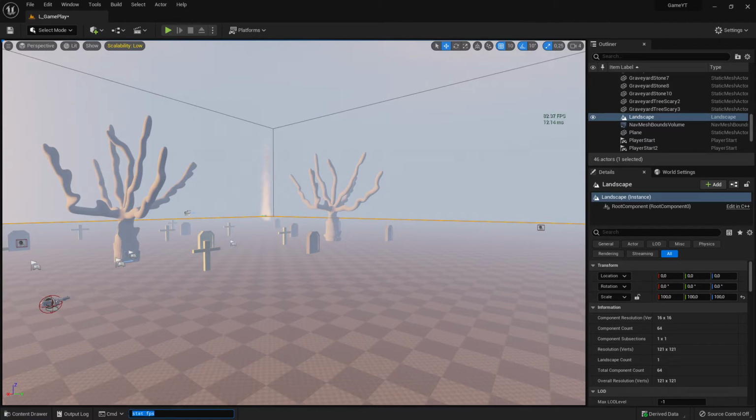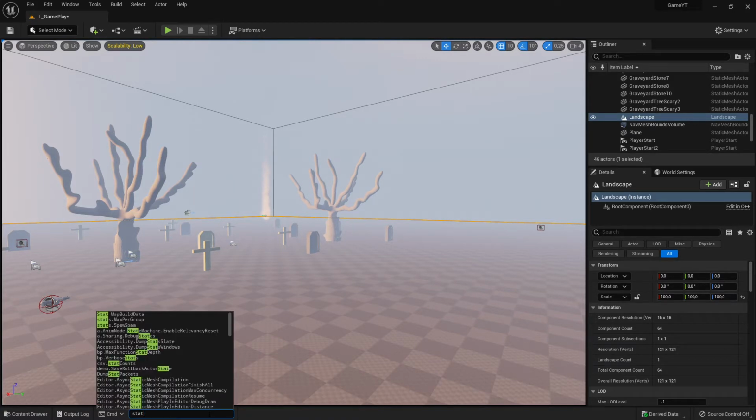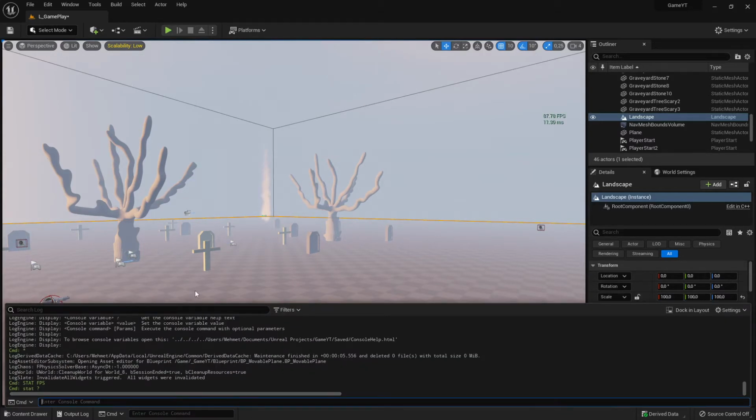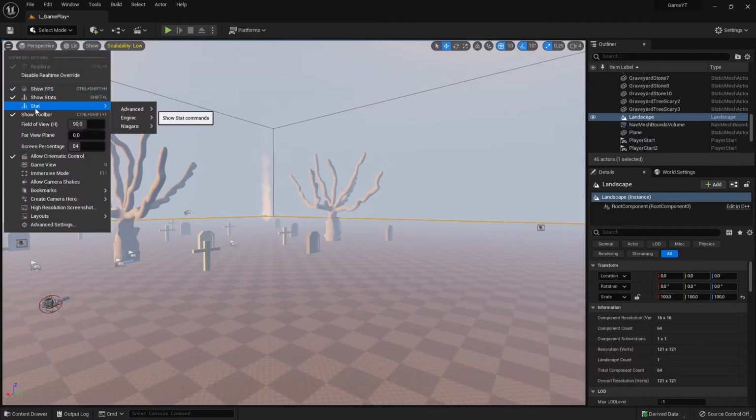This command is not even showing here, but it is actually here instead. And when you make an exclamation mark here and press enter, we see nothing. But when we press ESC, then it opens up this window again, and then you can normally see that there is information, but in this case there is not. So that's even worse. But keep in mind the stat is a special word,